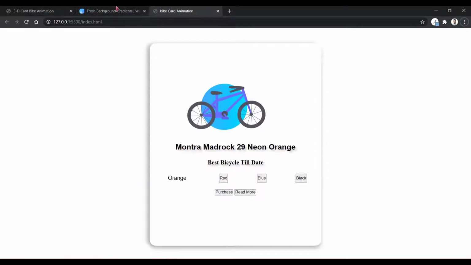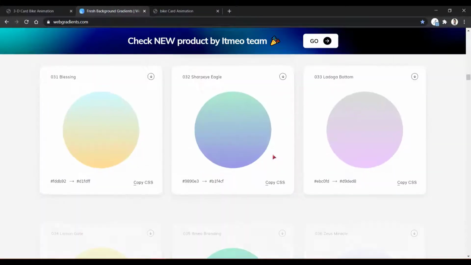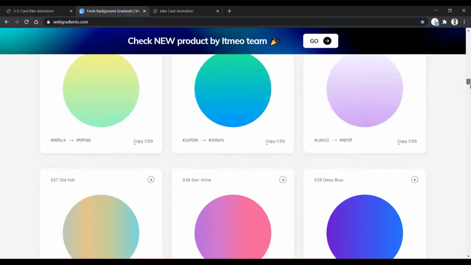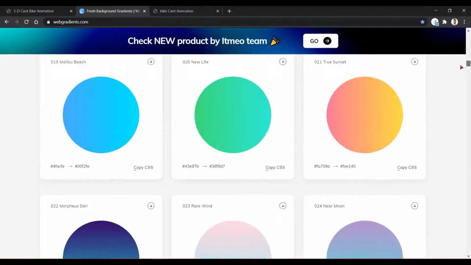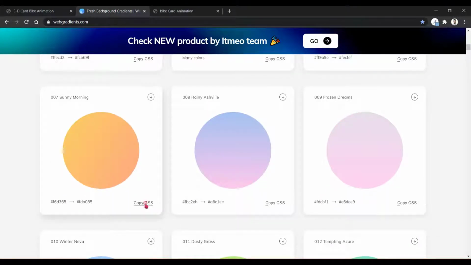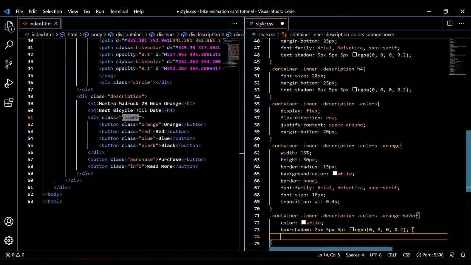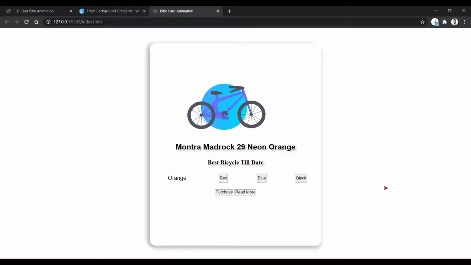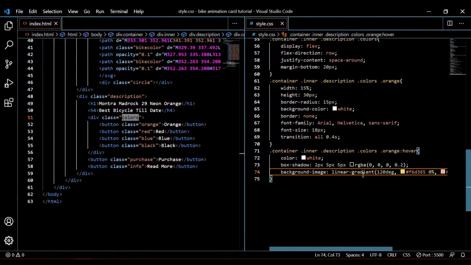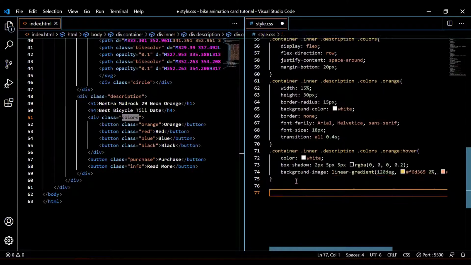And for the background color I have come to the same website, and let's find something orangish color. There are many colors as you can see, so I am going to find something. This looks beautiful, so I'm copying it and now I'm pasting it here. This should work. Okay, this is fine, I think. Okay, so I'm going to add this style to every button.